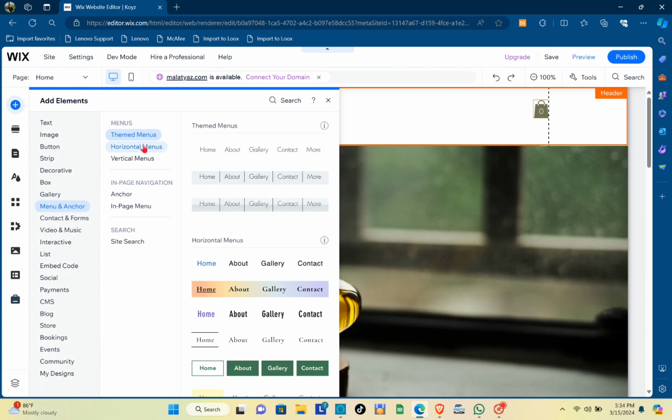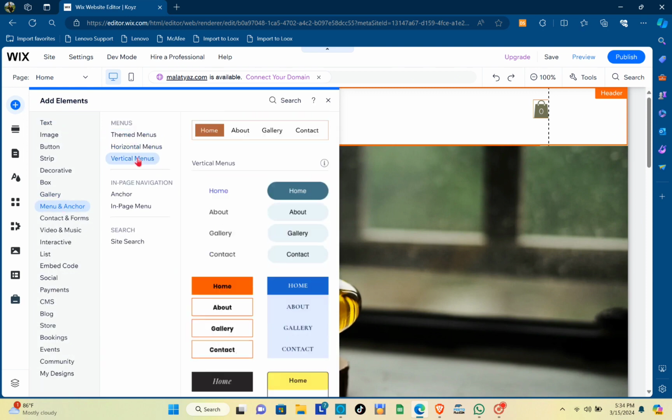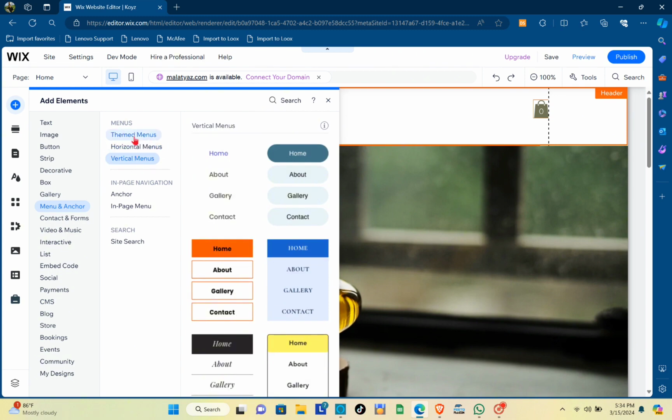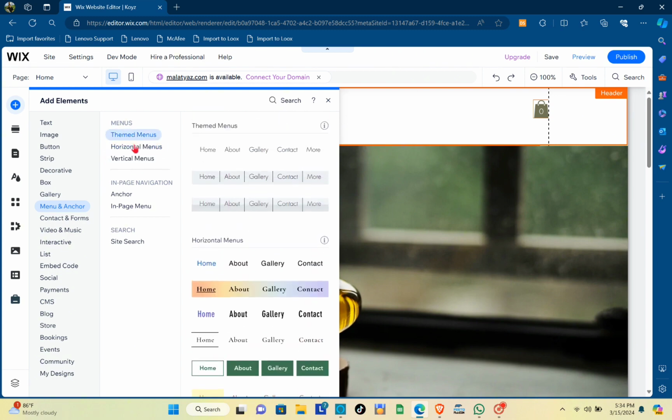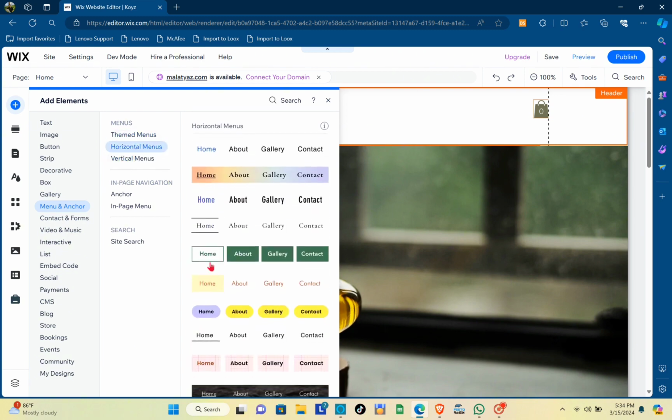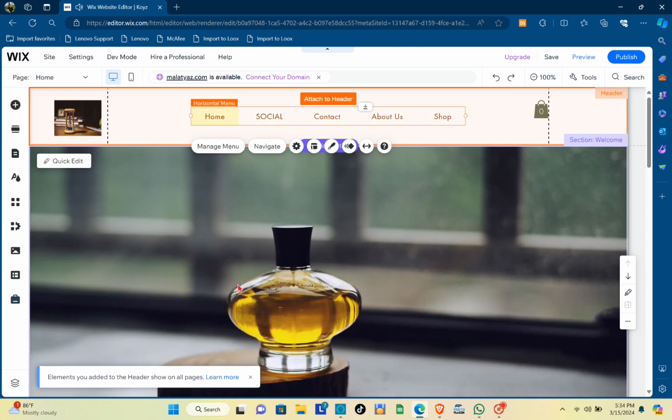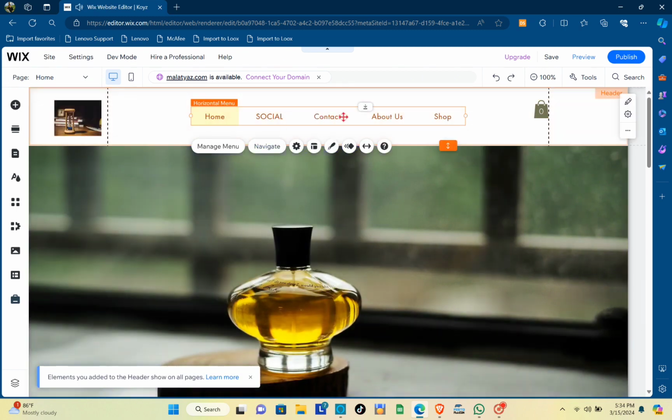So here under the menus, you've got the theme menus, horizontal menus, and the vertical menus. So I'm going to use the horizontal menus and then you'll be able to see here the different menus that you can actually use. So I'm going to use this one. You can drag this or you can just simply click on it and it will be added to the